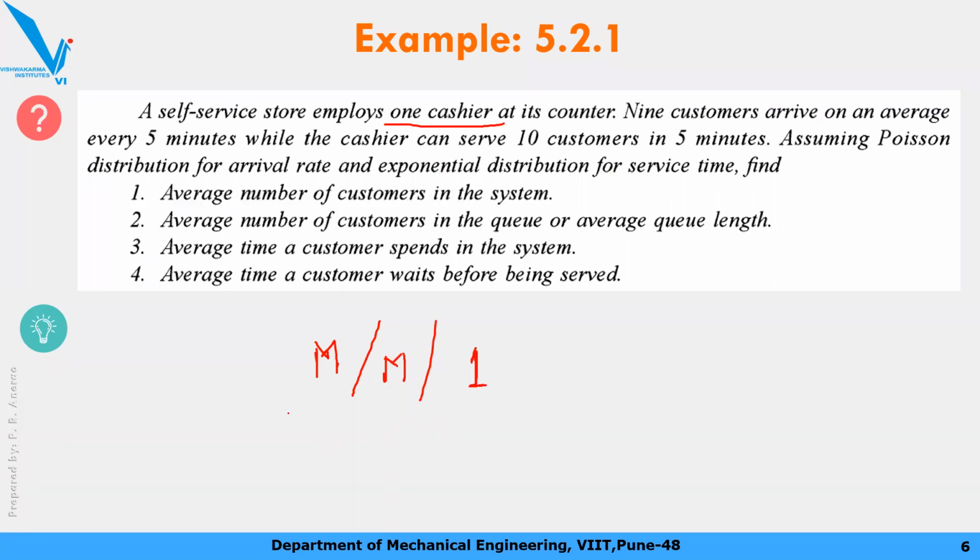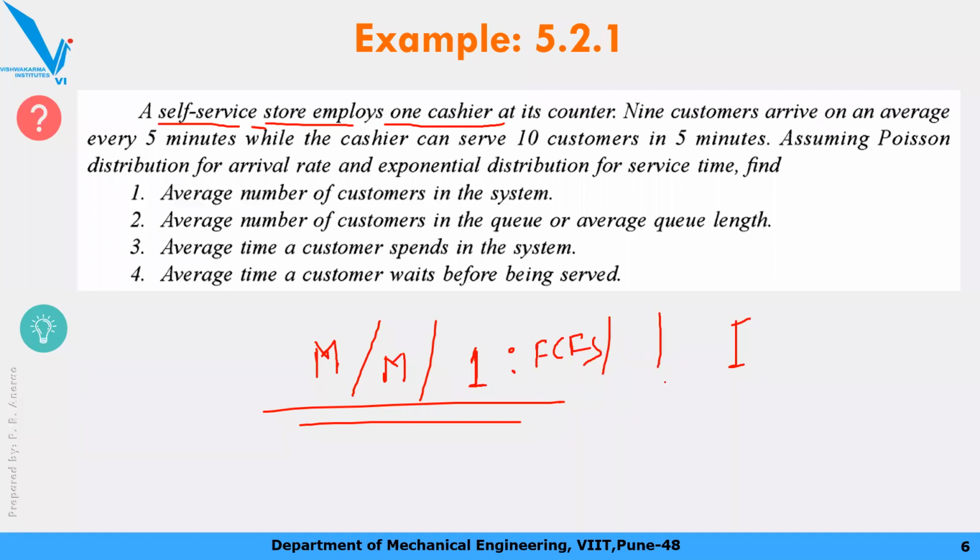Okay, so our case is model number 1, M/M/1. Generally when we see a self-service store with a cash counter, obviously it will be first come first serve. Also they haven't specified anything about population capacity, so we will assume these are infinity. But don't go into this detail. This is just a broad explanation. Your focus should be the solution.